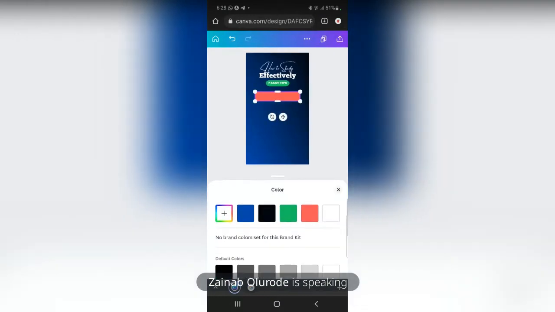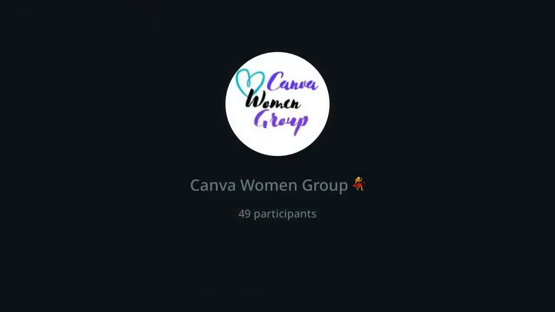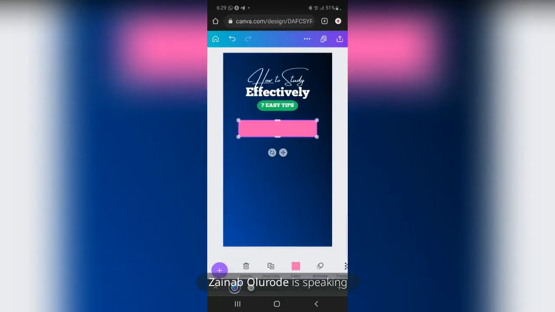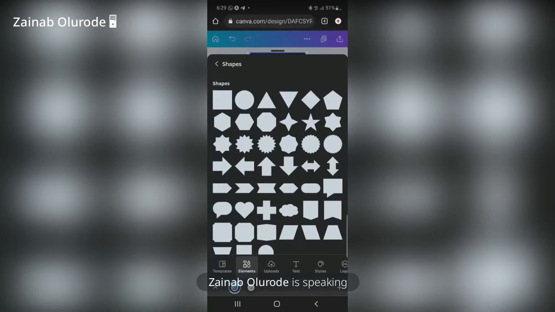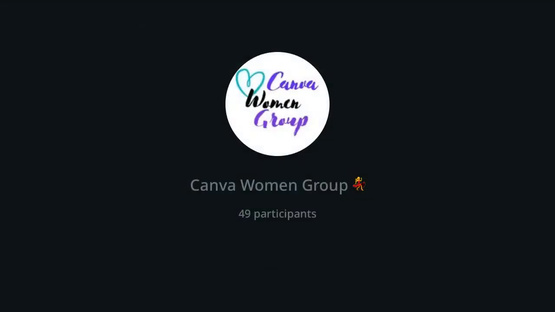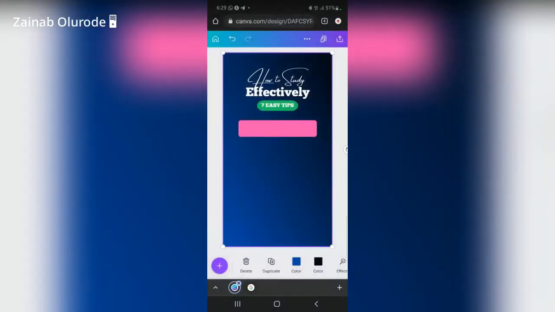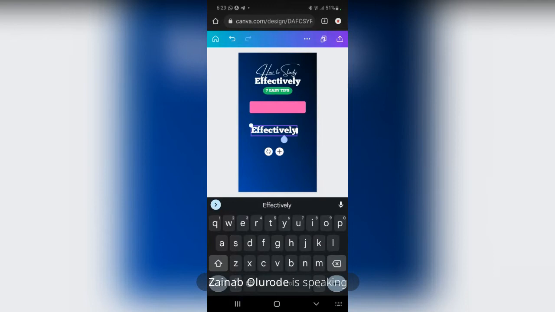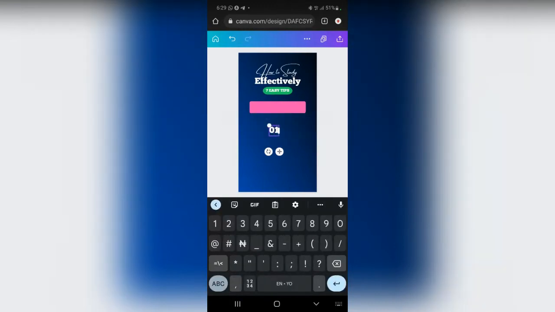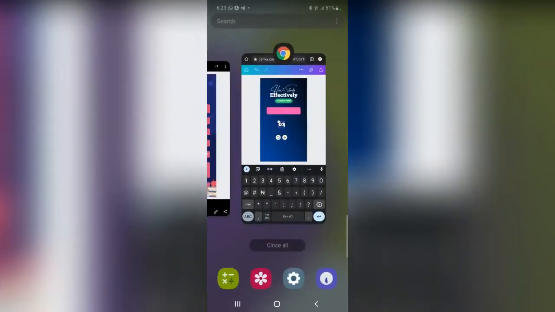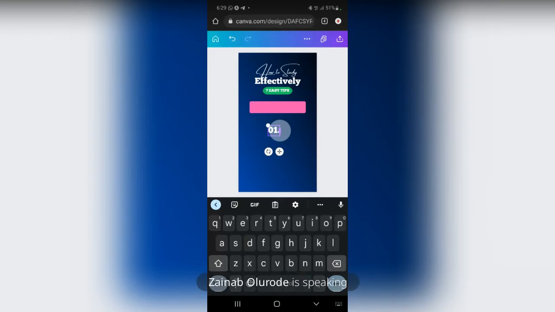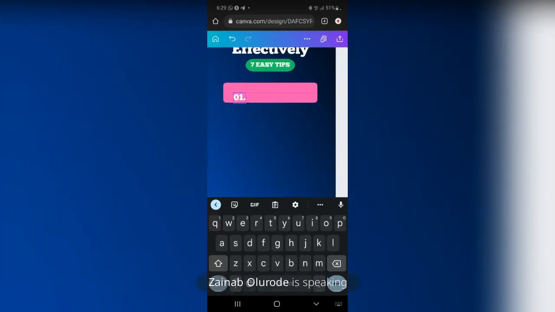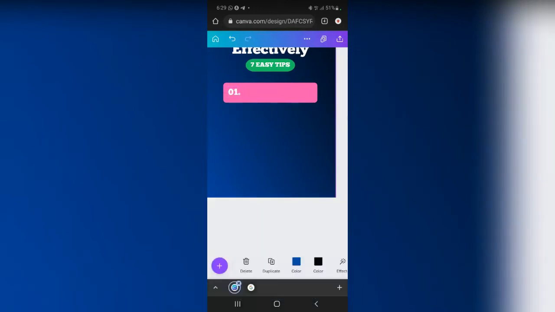So actually this color looks more pink than something like this. Yeah, so I'm going to come here to add text. First, let's number it. So I'm going to duplicate this. Then change it to a number. Okay. I'm going to put this here. And then